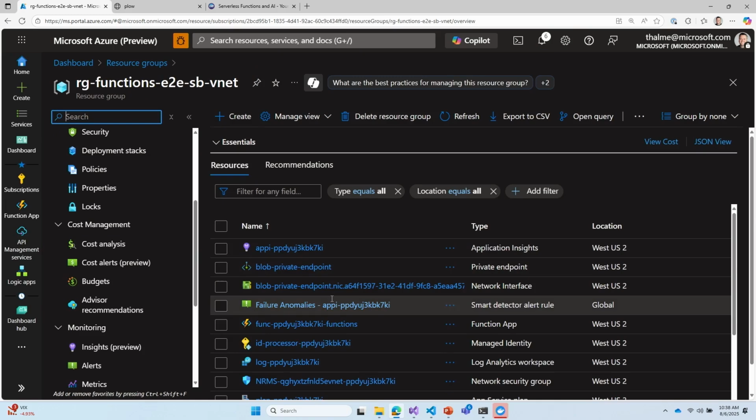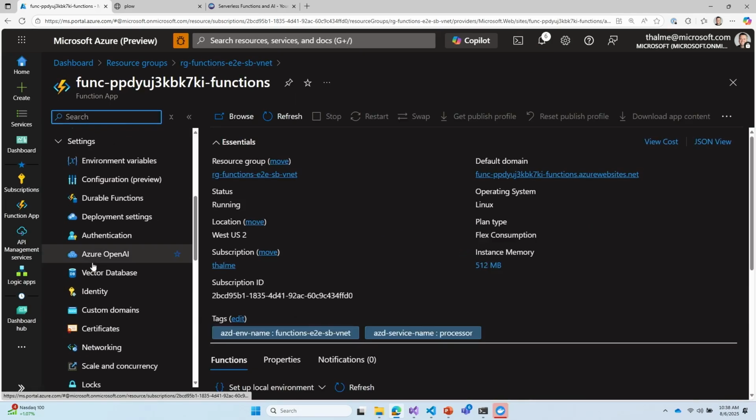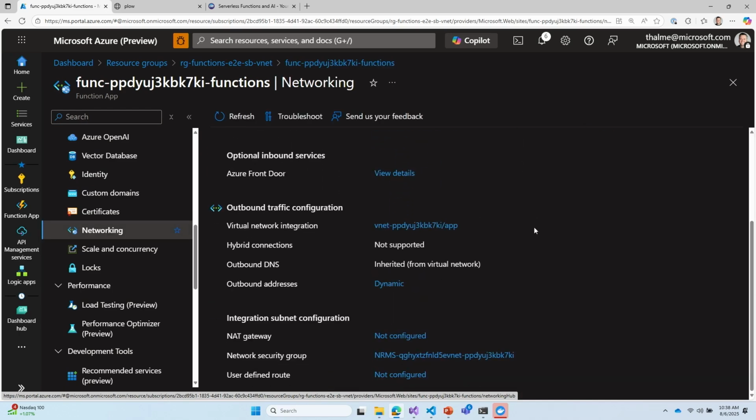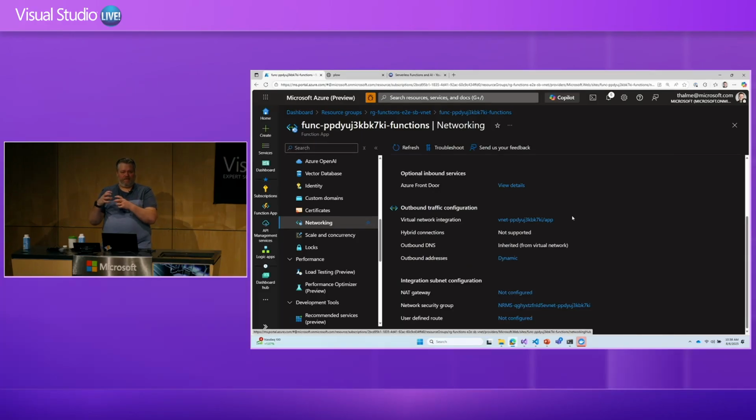And that's because my function app in the networking tab here, we will see that it has VNet integration configured right there. So it's to the same network, just a different subnet. You can VNet integrate multiple flex consumption apps into the same subnet, but that subnet that flex consumption uses can't be used by other services. So you can't private endpoint Service Bus and VNet integrate your function app into the same one because the delegation is already owned for that subnet. So you just need a separate subnet.